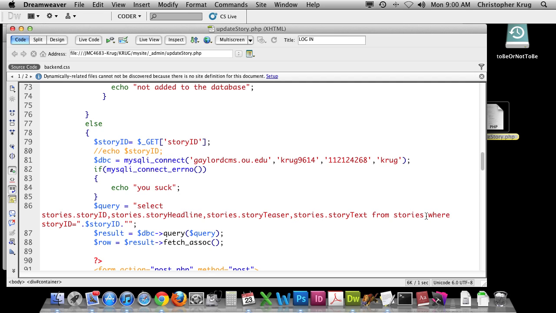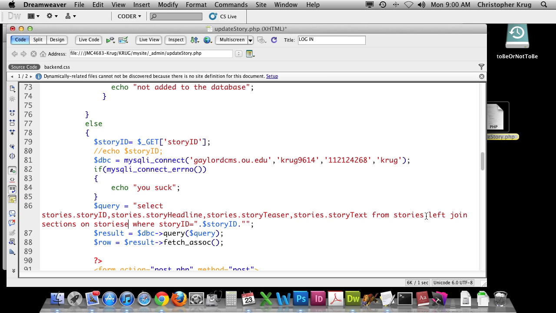What we need to do is amend that to say from stories, left join the sections. Whoops, I forgot the word join. Left join the sections table. So we're left joining sections, and then we want to join it on, and this is where we do a little equation to say where to join this. So we're going to left join sections on